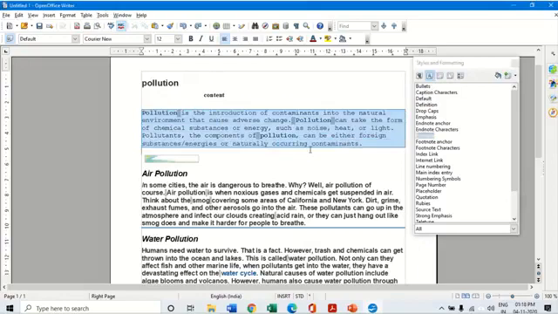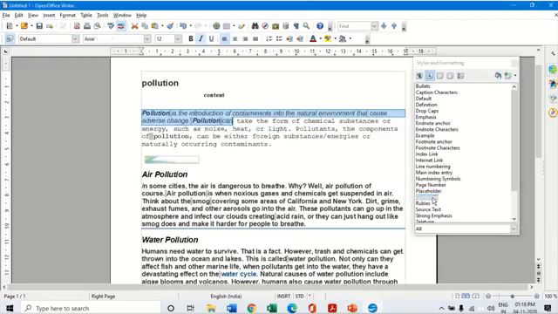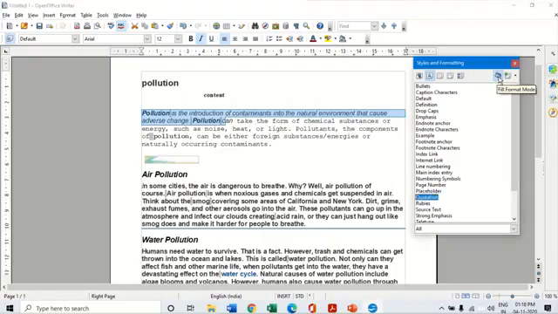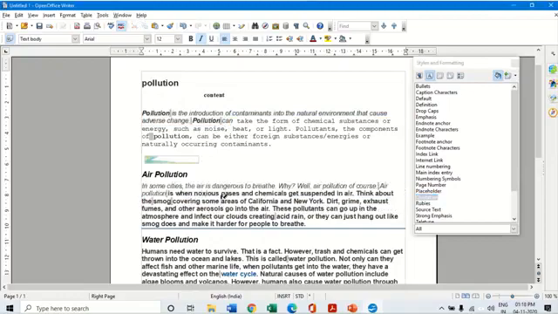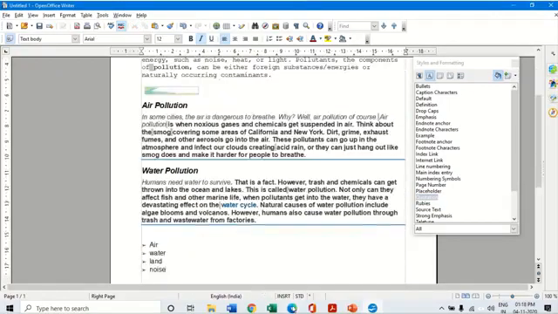Here I selected this paragraph, and some part of this paragraph I have made into, let's take, quotation. Now this particular format, I want to copy to only some parts of the paragraph. If I select one of these, the whole paragraph gets selected. So what I can do is select this and click on the fill format mode. When I double click on the fill format mode and come here, my icon changes to a bucket shape. Now the exact same quotation, I want to put only for this much part, so it gets changed. Then again I copy the same format to this part, and then again to this particular part.